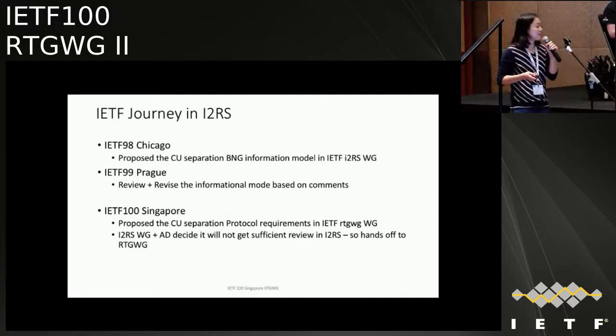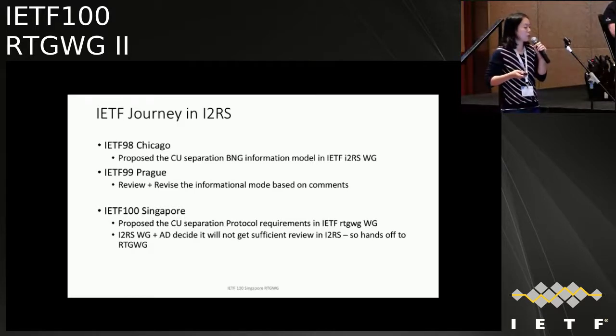Why now? And this is not the first time to present the CU separation BNG device information model. The information model was first introduced in IETF 98 in Chicago. We presented the information model in the Interface to the Routing System work group. And later we modified the information model due to some comments.